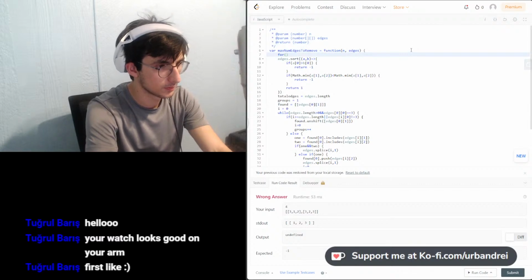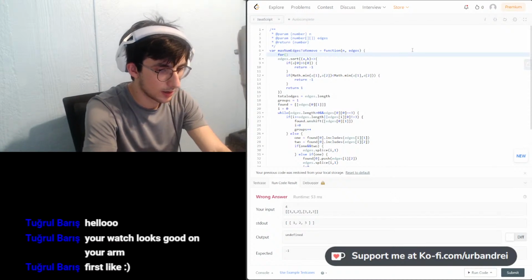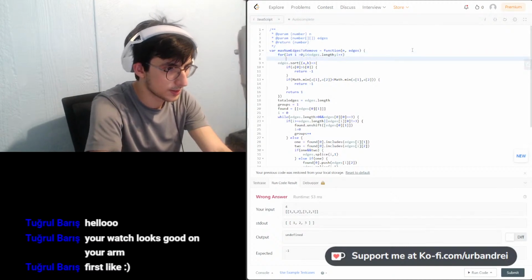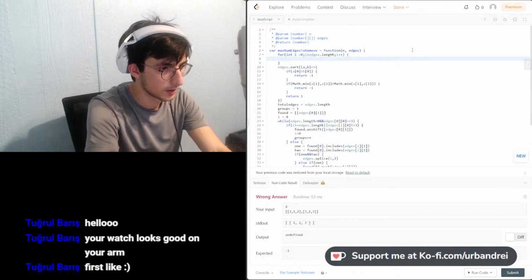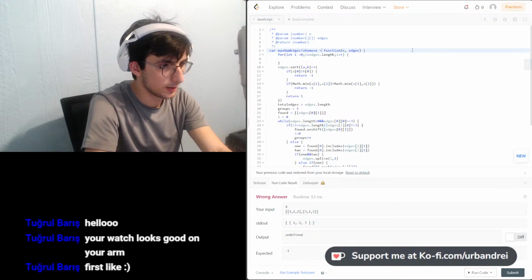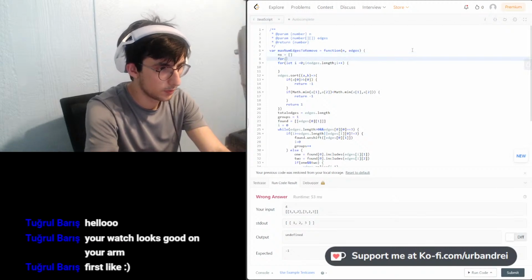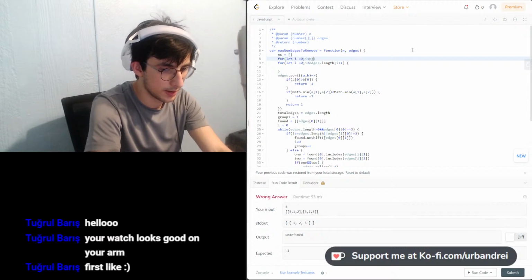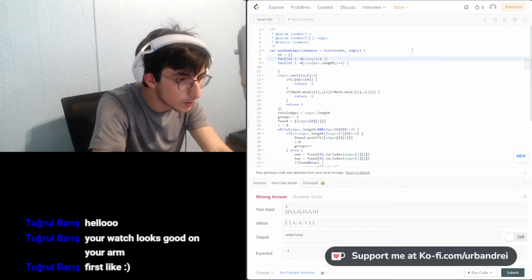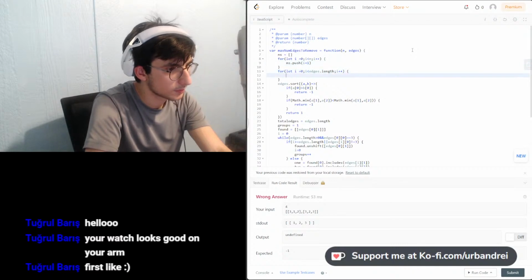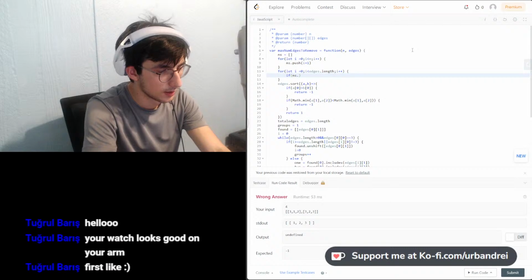For edges, for let I equals 0, I less than edges dot length, I plus plus. And what we're gonna do is let's make initially an array. ns is equal to array, for let I equals 0, I less than n, I plus plus, ns dot push I plus 1. And then if ns dot includes